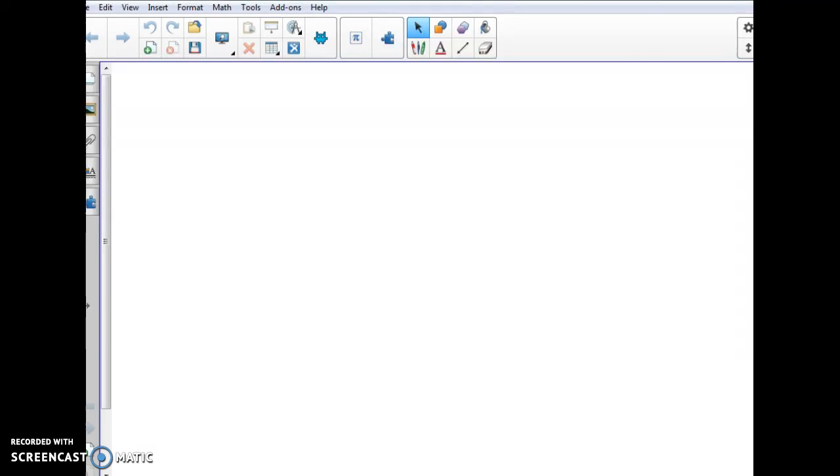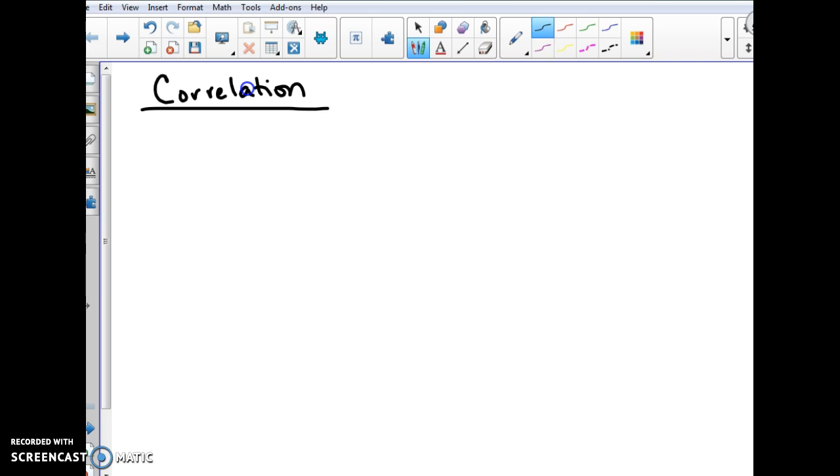We're going to be talking about correlation. Correlation is letting you know if you were to put a line on a scatter plot, how closely that line would be to the rest of your data. So we're actually going to be looking at linear data, and linear means that we're looking for a line